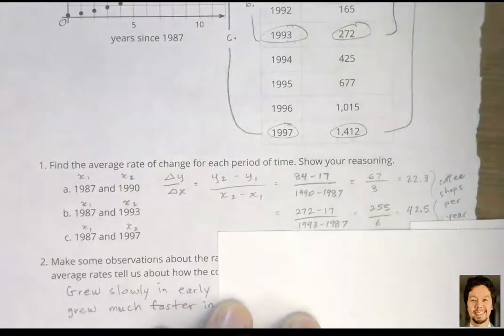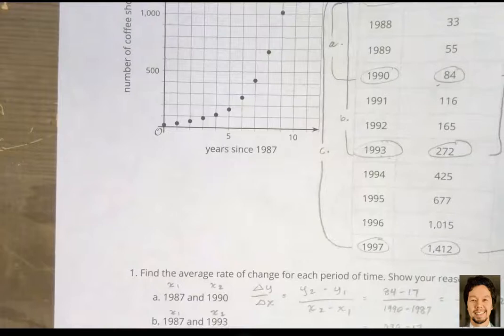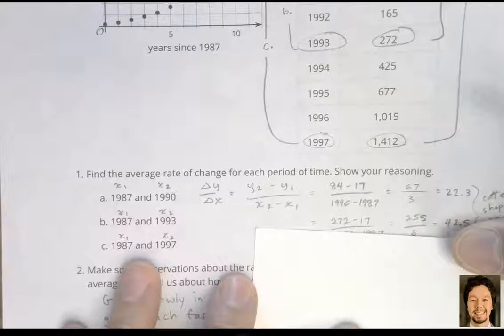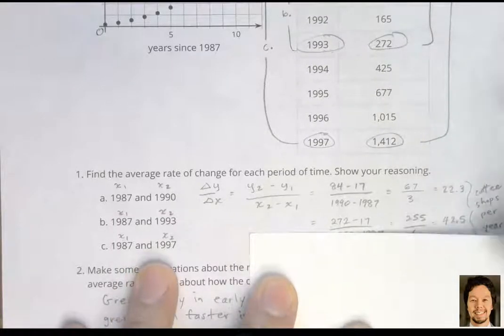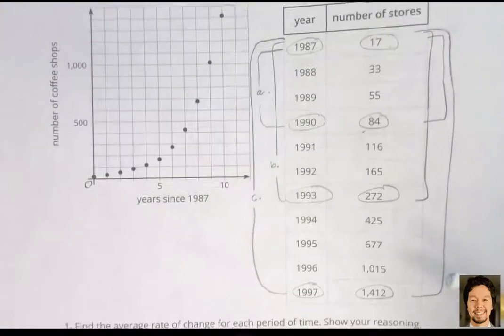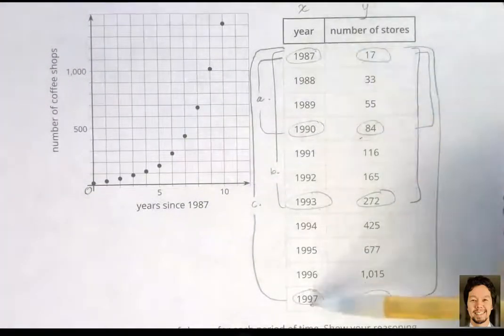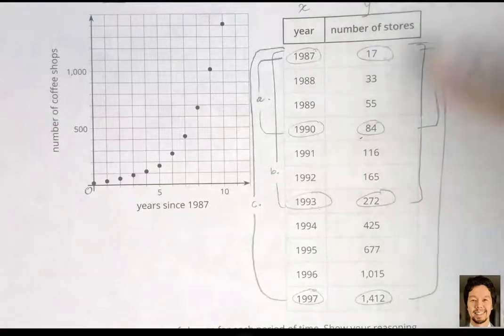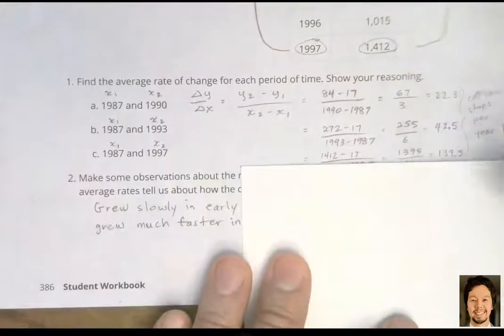All right. Finally, let's look at example C, where we're comparing the first 10 years of growth, 1987 to 1997. And once again, I've connected on the table 1997 to 1987, and look how many coffee shops there are 10 years later. We start off with 17 and now we have 1,412. So it's a very successful business, and we can label this as Y2, and again 17 is Y1. So we're going to set up our equation, and we have